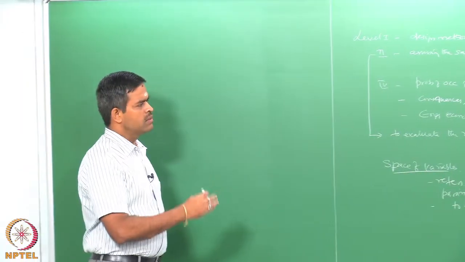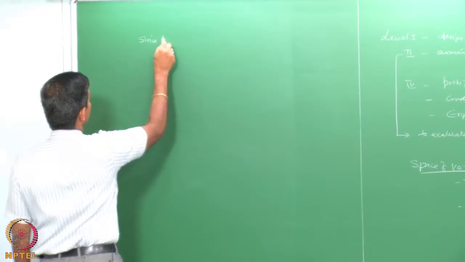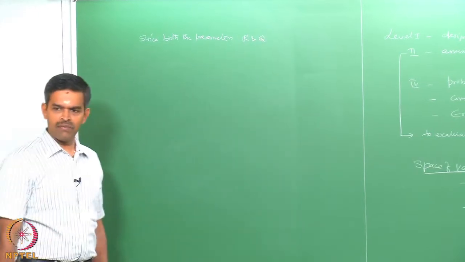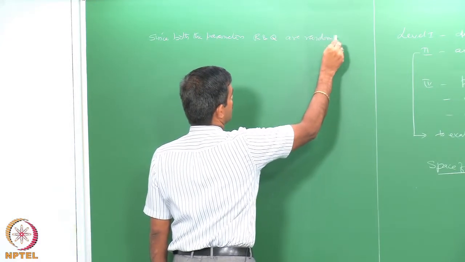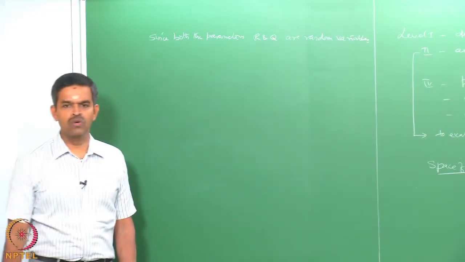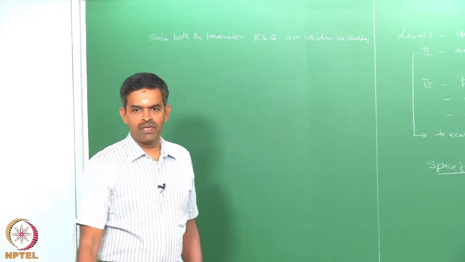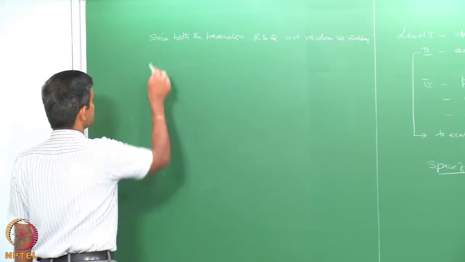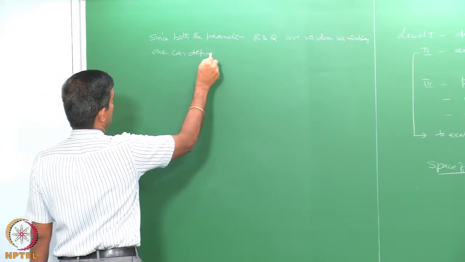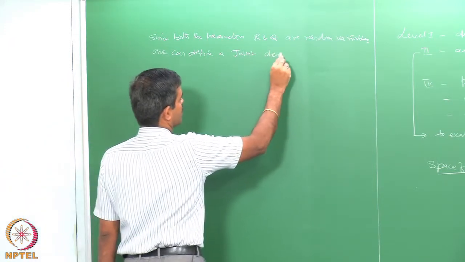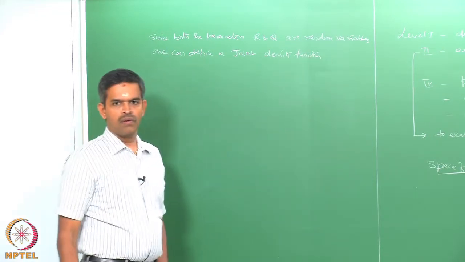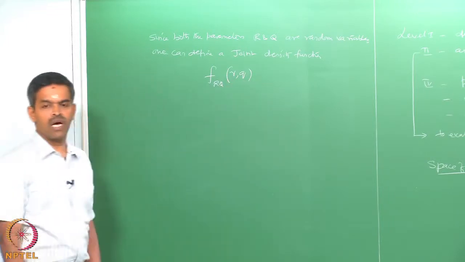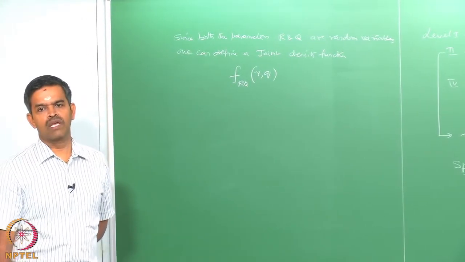Now, since both the parameters R and Q are random variables, we already said what a random variable is in the first module. How do you qualify a variable to be a random variable? We already explained this, please look back at those lectures. One can therefore define what we call a joint density function, which we can say as f R Q, the variables are R Q, because R can take any value between 0 to capital R, similarly Q can take any value from 0 to capital Q,